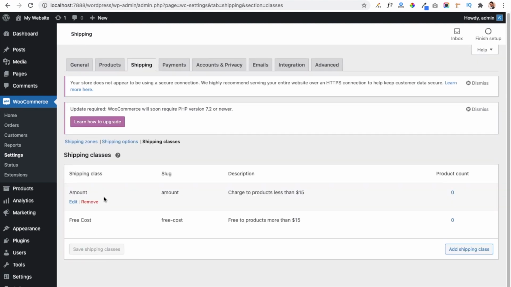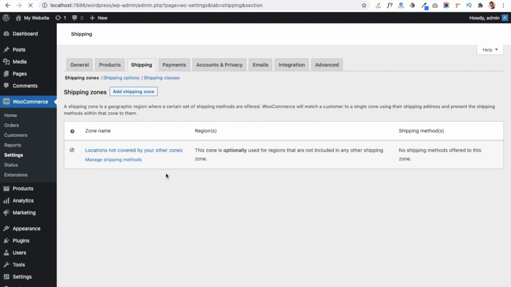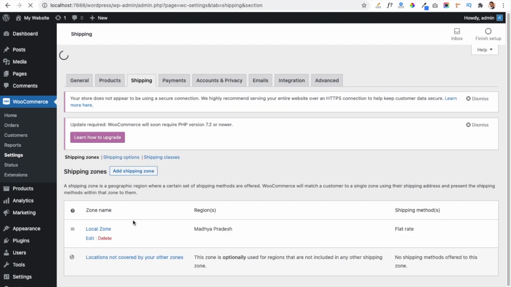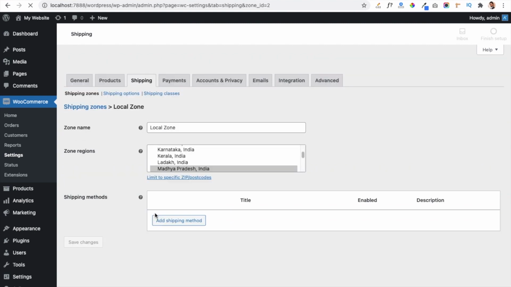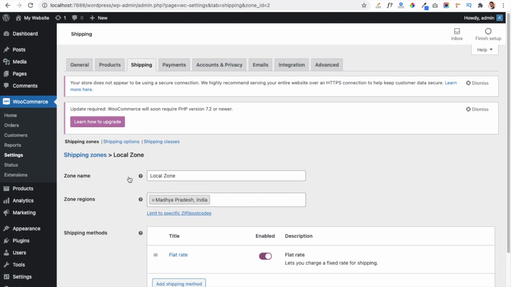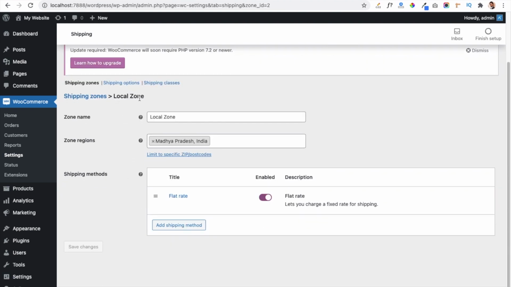Now friends, again we have to go to shipping zone, and we have to select those classes in our shipping rate. Now we have to click on this local zone and edit this shipping method. You can see now our flat local zone shipping method is activated, and you have to click on this flat rate option.